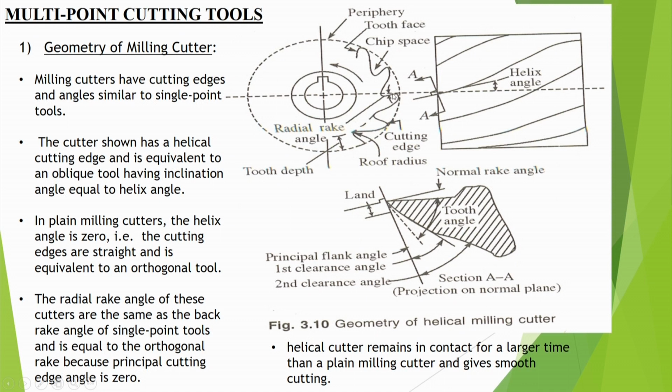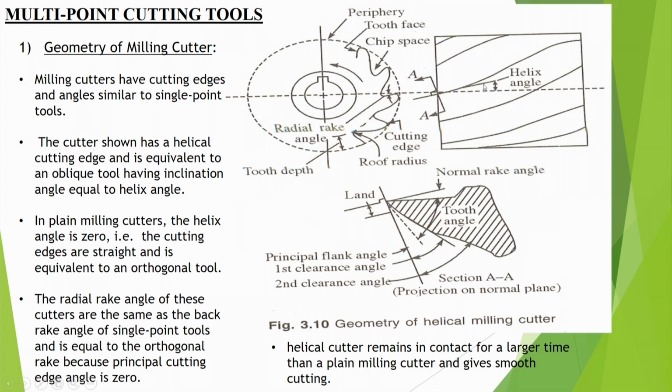In the same way we can define the radial rake angle, just like we define in the single point cutting tool. This surface is slightly slanted, so draw a radial line that becomes like a reference plane, and from here you have this angle. These are the cutting edges, and usually these are at a helix also. So that means the geometry may differ in the axial direction also. This need not be straight.